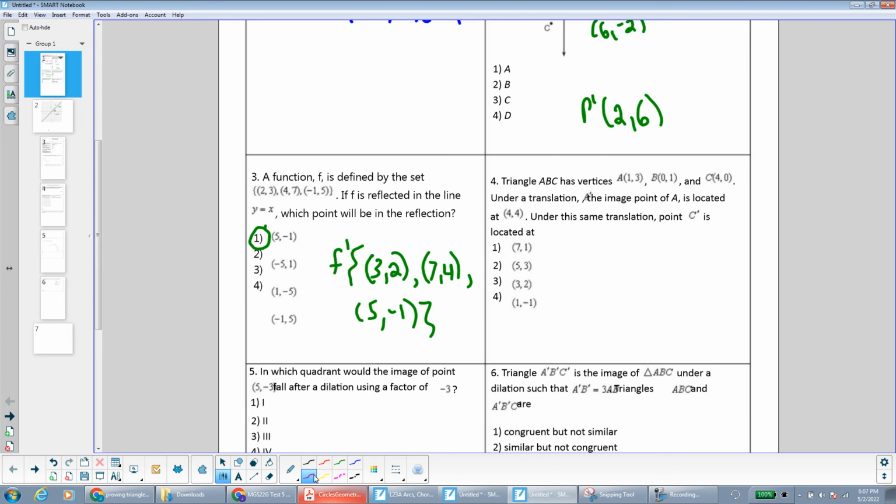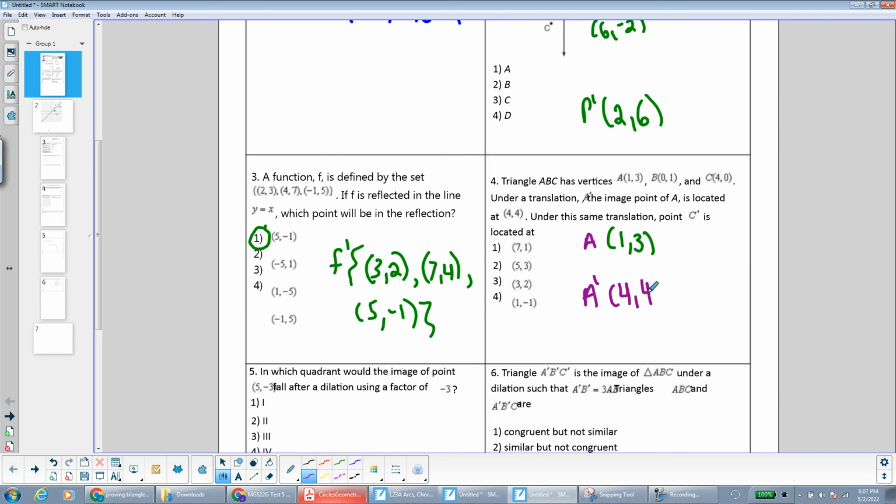Triangle ABC has 3 vertices. And under a translation, A prime is located at 4, 4. And we need to find point C under the same translation. So from point A, which is, let me use my pen here, which is at the point 1, 3, to point A prime, which is at the point 4, 4, let's see